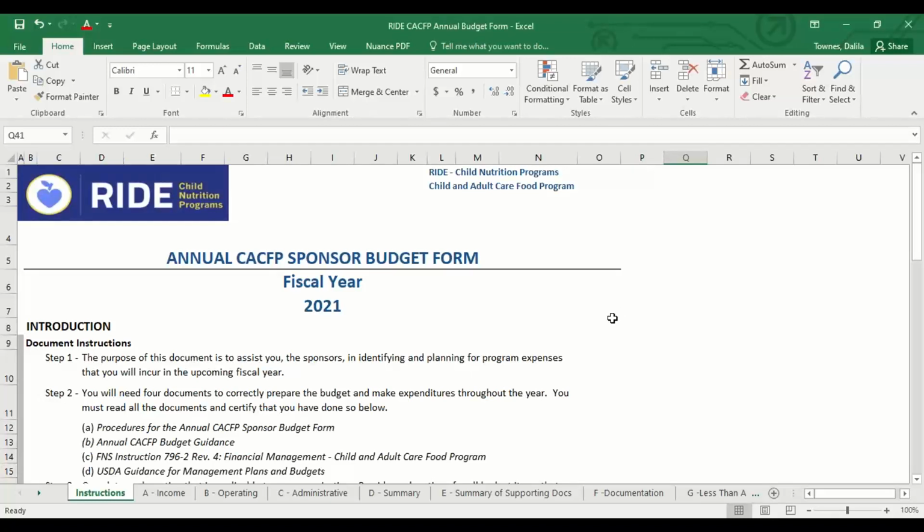Welcome to the RIDE pre-recorded training on the new CACFP budget template. This new template is required for all new submissions for FY21. This training will walk through the new budget Excel template and we'll walk through each tab and how it should